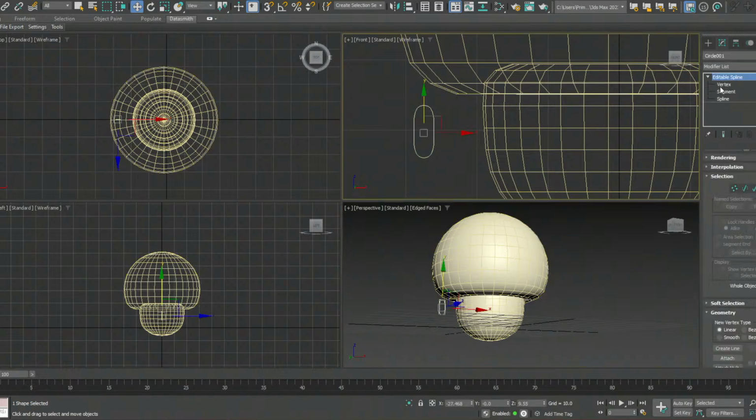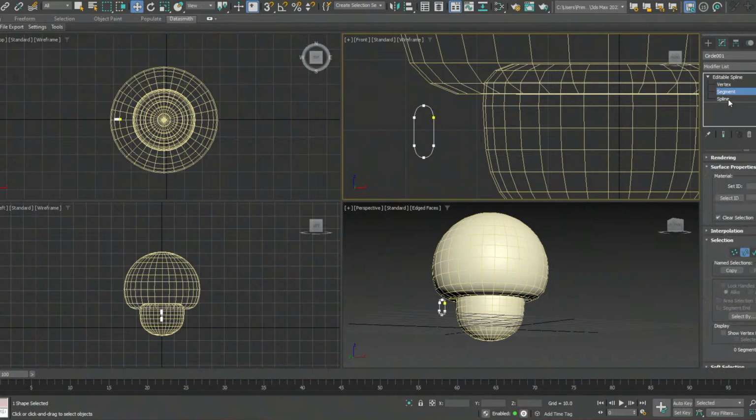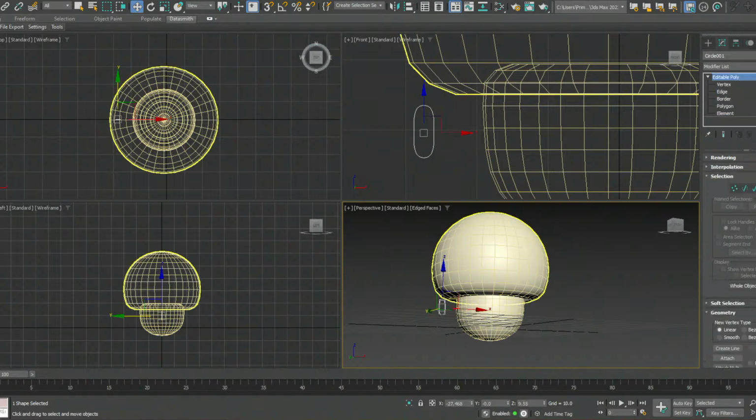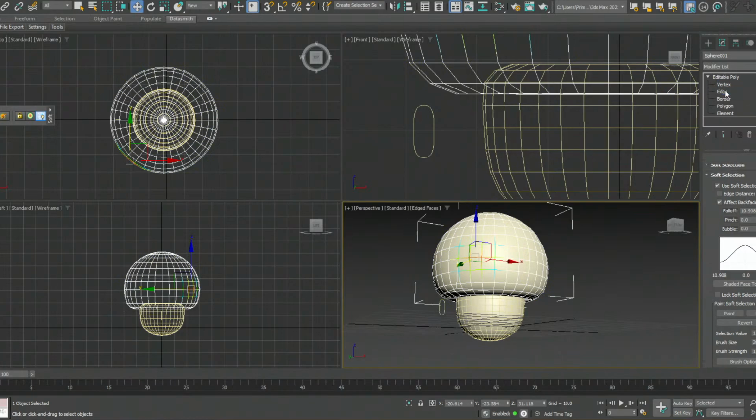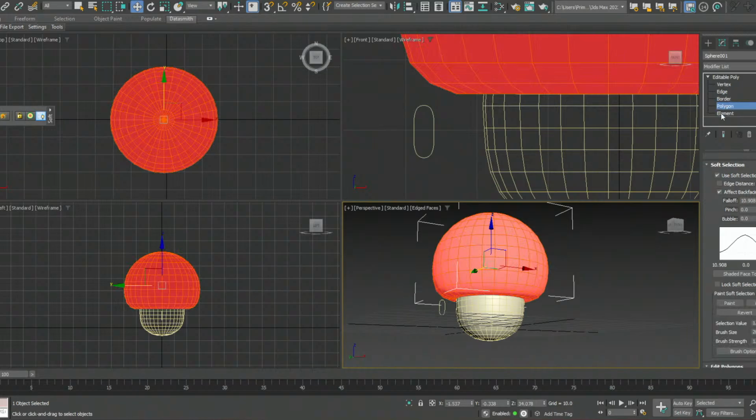Oh, by the way, my shortcuts for going into the sub-levels are number 1, 2, 3. So 1 for vertex, 2 for segment, and 3 for the spline level. If you're using the geometry, let's hit the geometry. Okay, so we have 1 for vertex, 2 for edge, 3 for border, and 4 for polygon. 5 won't work for, oh, that's 5 there. Anyways,